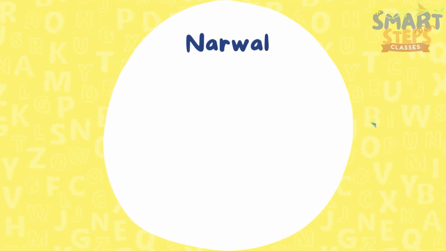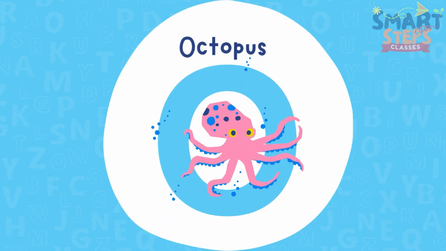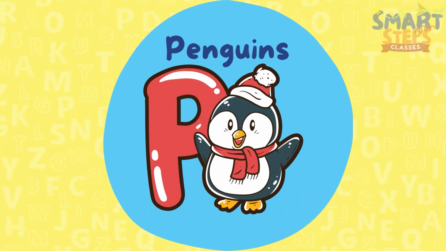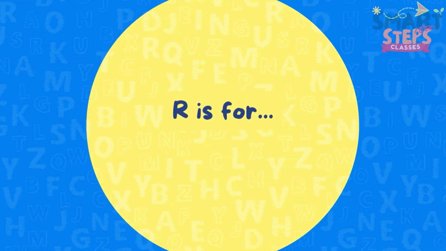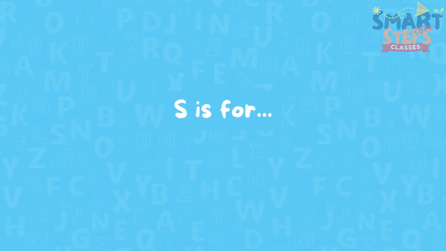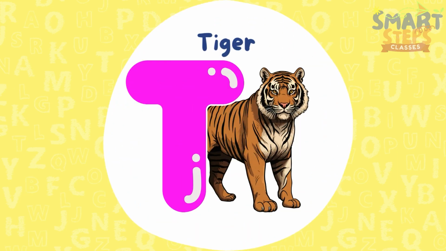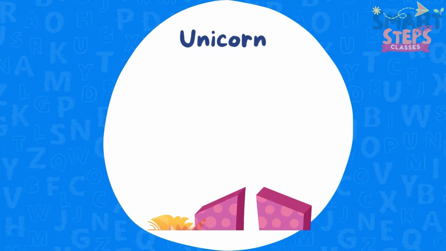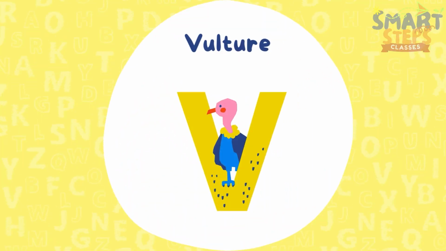N for narwhal. O for octopus. P for penguin. Q for quail. R for rabbit. S for snake. T for tiger. U for unicorn. V for vulture. W for